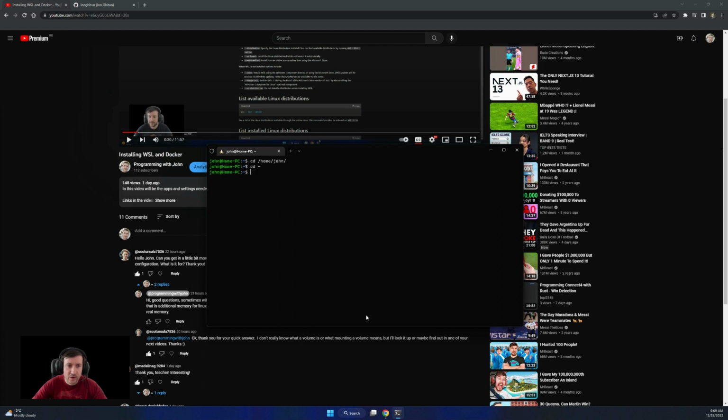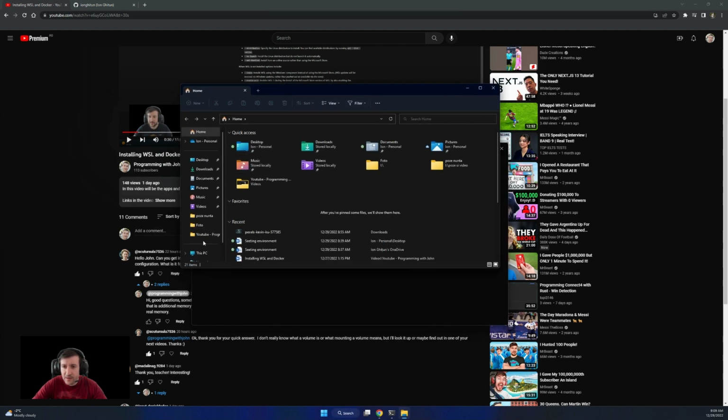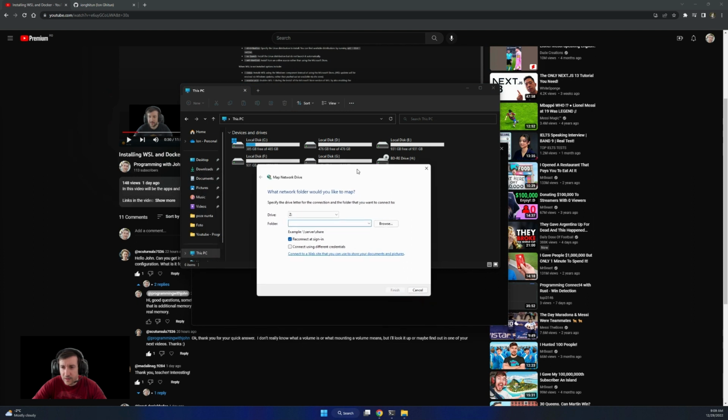Next, we may sometimes want to navigate through the files in here. The best way is to mount a volume. I'll go to File Explorer. What we want is to have Debian in here. We can do this with Map Network Drive, which opens this window. We choose the drive we want, and I like to keep it as Z. The location is \\wsl$, and you can actually browse.